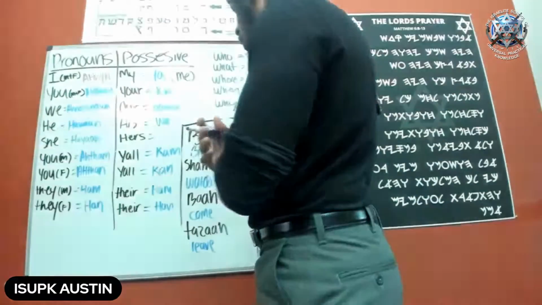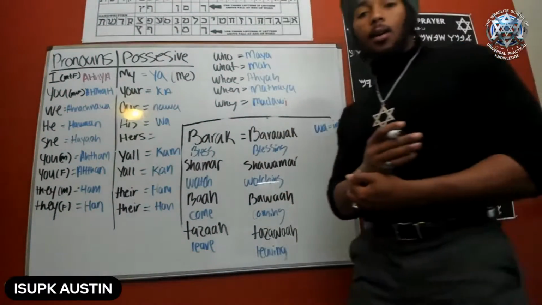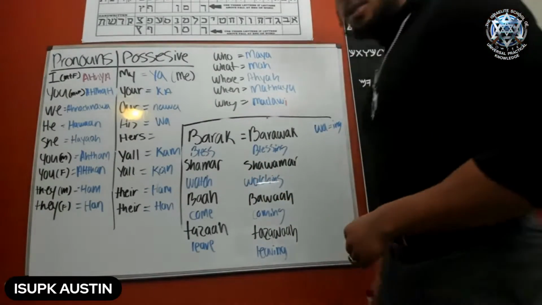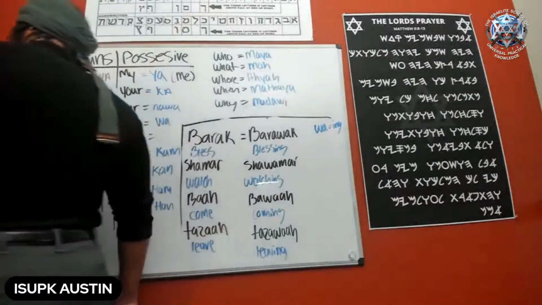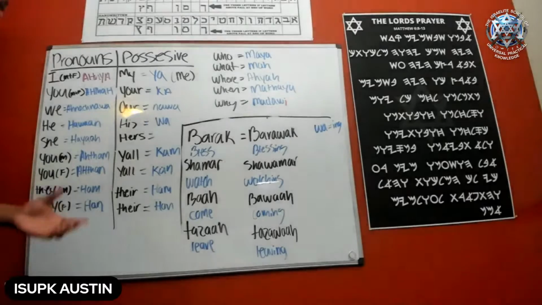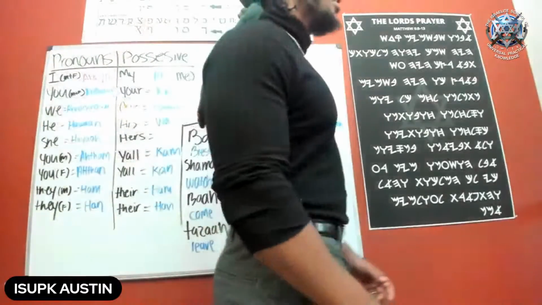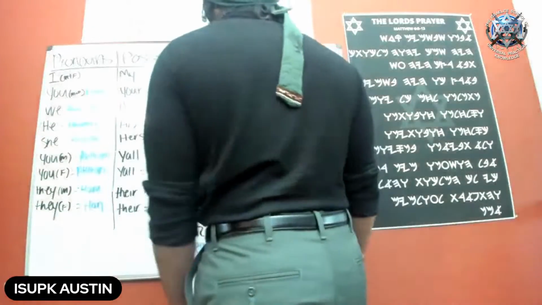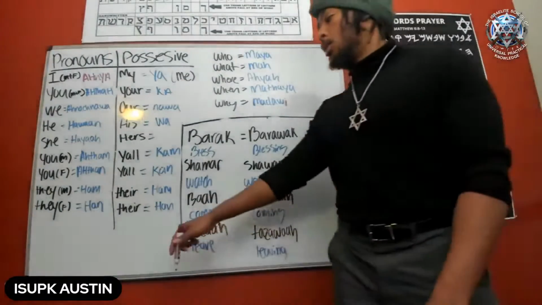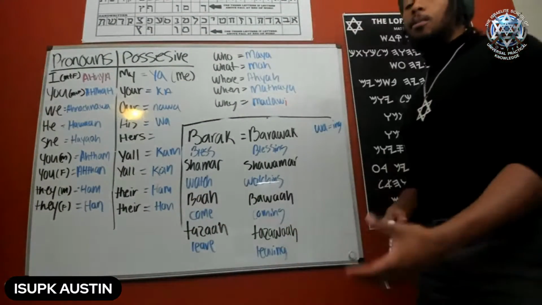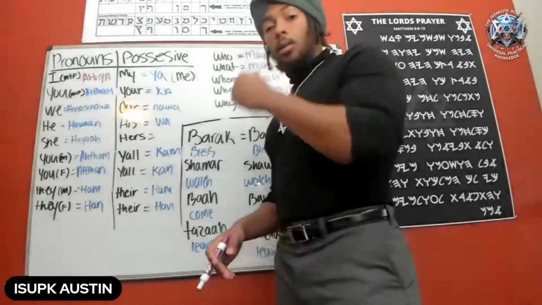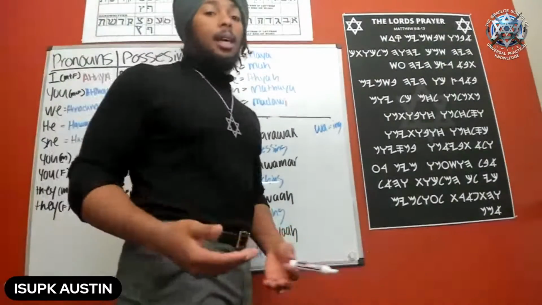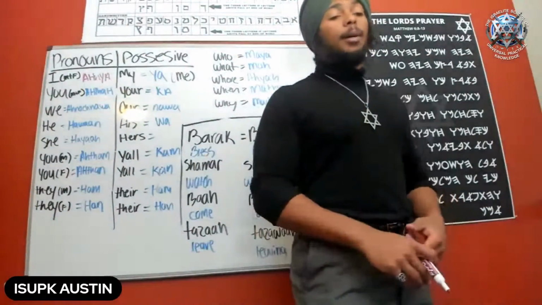character, right? Of course, we call them characters and not letters because they are representations of things, and they make sounds. Last week we talked about the pronouns and possessive pronouns. The reason why we have two sides is because you will have a formal way of saying things, and you will have a regular conversation way of saying things, or slang, with people you're comfortable with. We're able to do this because this is our language. And the Bible in its entirety is spoken with slang, you know what I'm saying? Because it's a black man's book, right? Now, check this out.